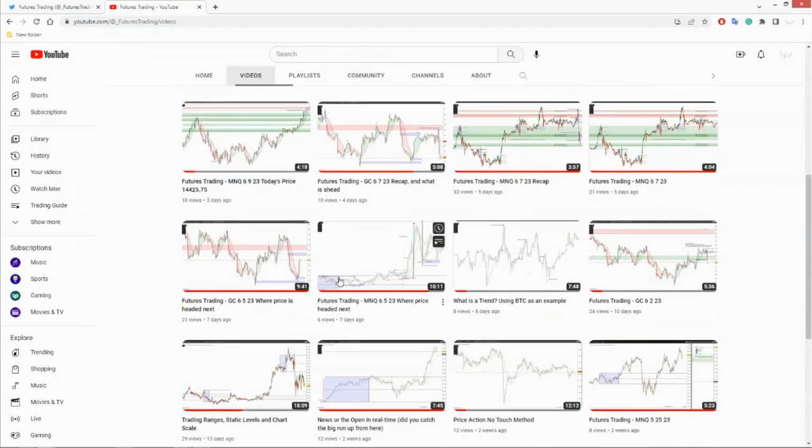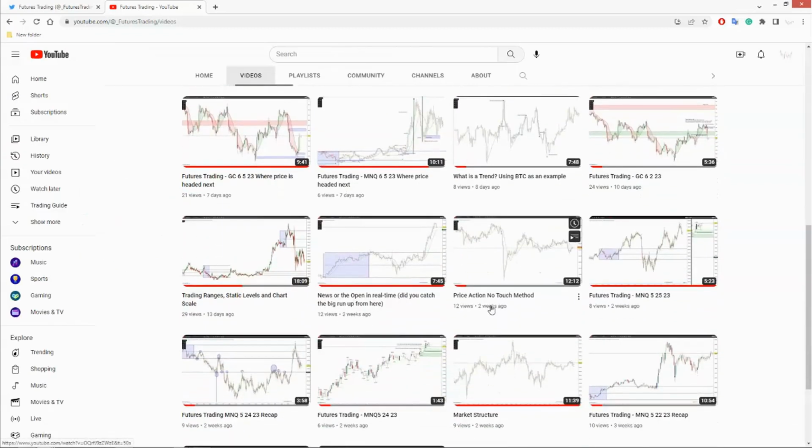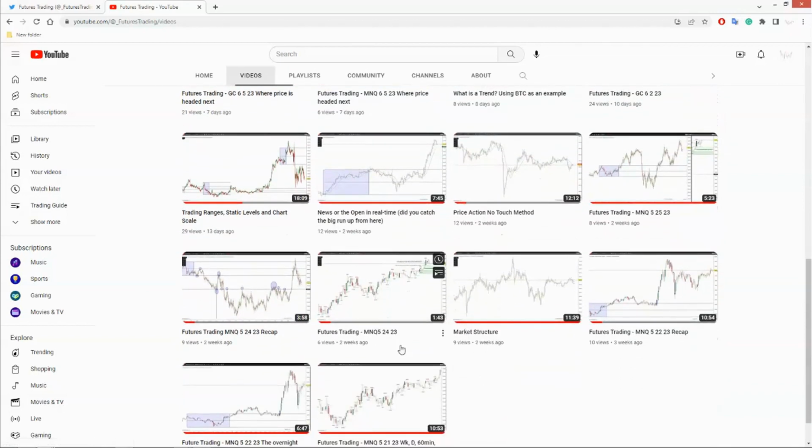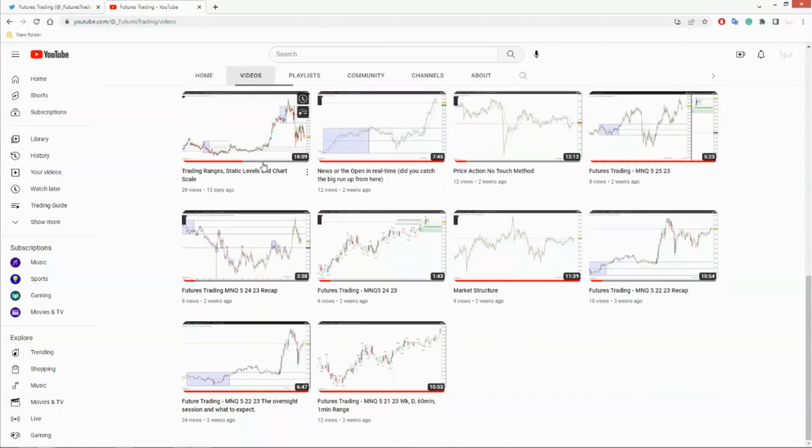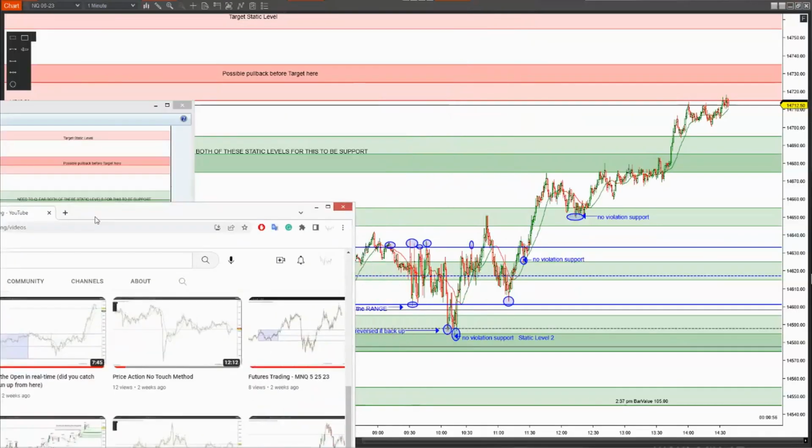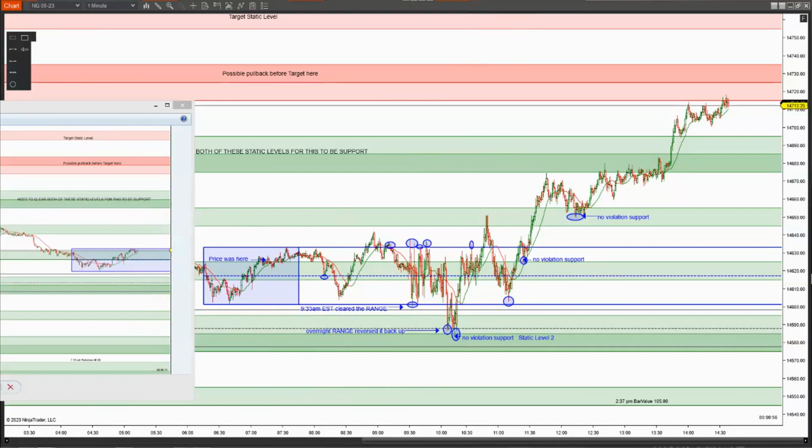All of this stuff can be found on the channel. You can just combine it. So I'm gonna go over the trend and the price patterns, but I'm not going to touch on the statics. I'm gonna go over the market structure. But if you want to watch the range and the static levels, and even how to use the chart scale, you can find all of that information right in that video right there. It's 18 minutes, and I'll go over 3 different ways to try to just kind of map out the location for you. That's all.